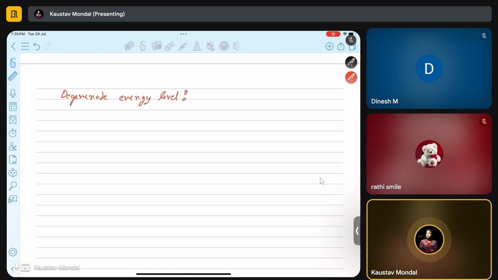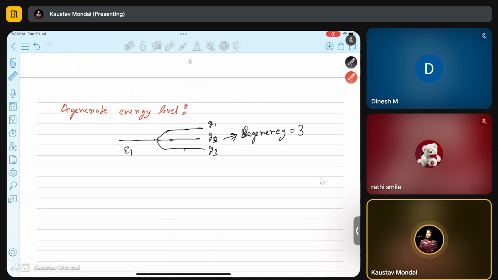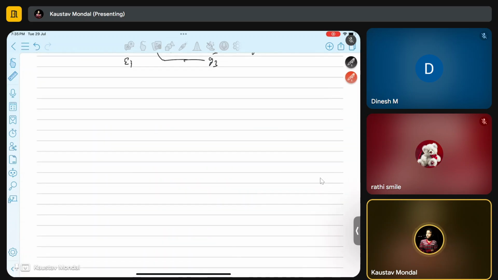So let's suppose a particular energy level E1 is further divided into G1, G2, G3 states. That means its degeneracy is 3. So if an energy state is degenerate, then that information has to be there in your expression of the partition function. If you consider the degenerate energy level in your system,